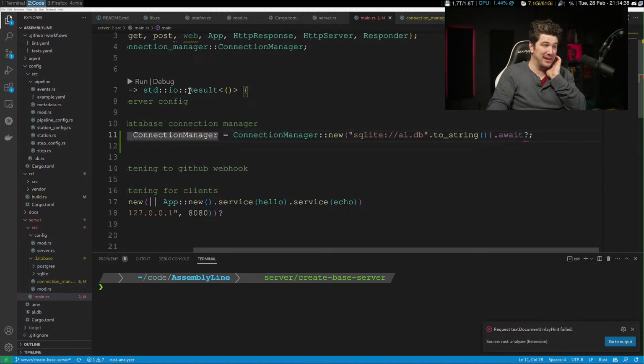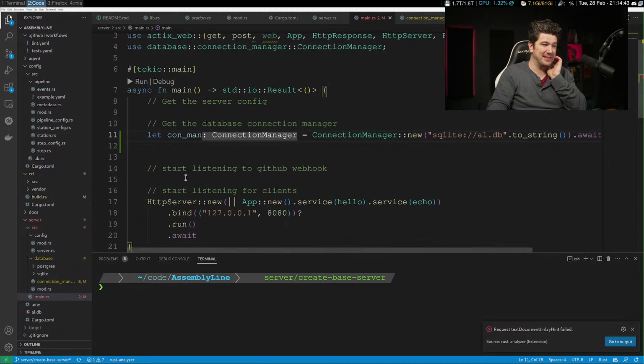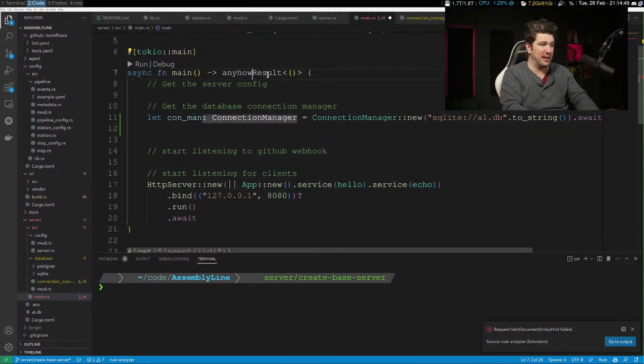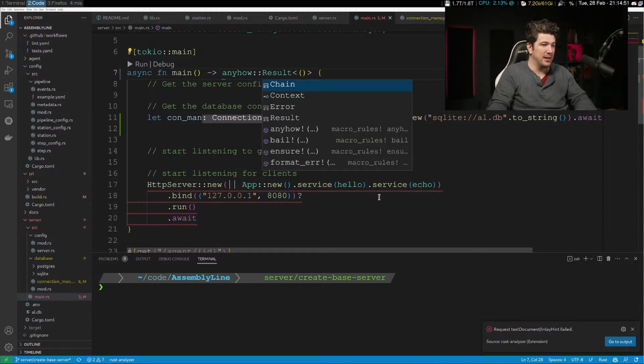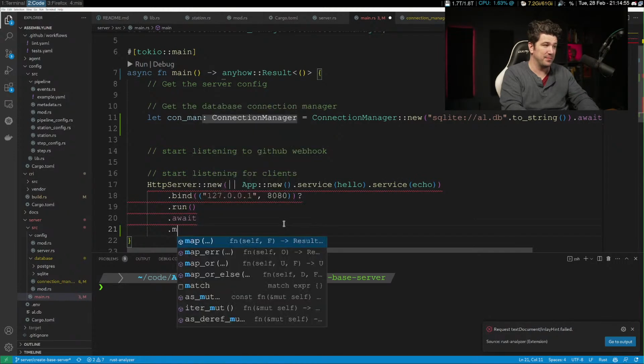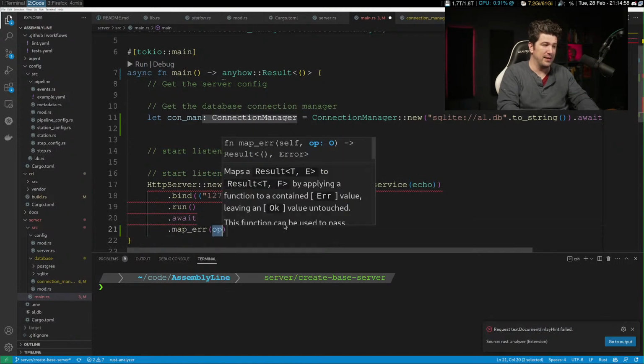I had an stdio result here, and that's what makes this happy. This new server here is happy with this. If I return this to an anyhow result, this gets upset. So let's actually then map this, right? Because that will make this happy.